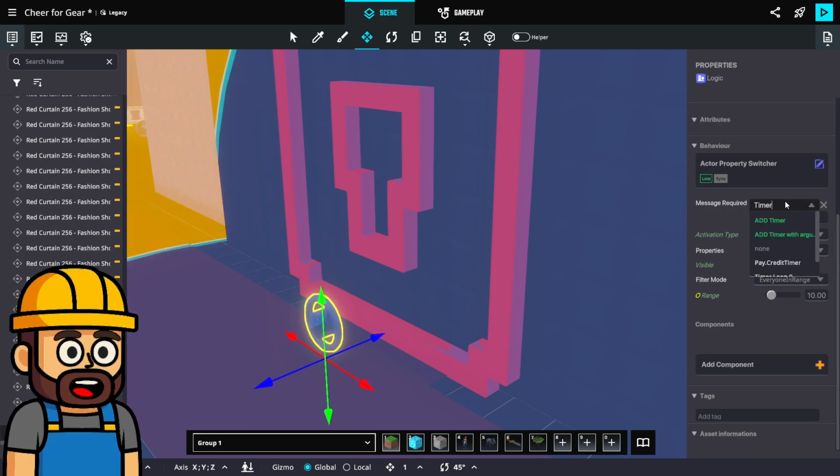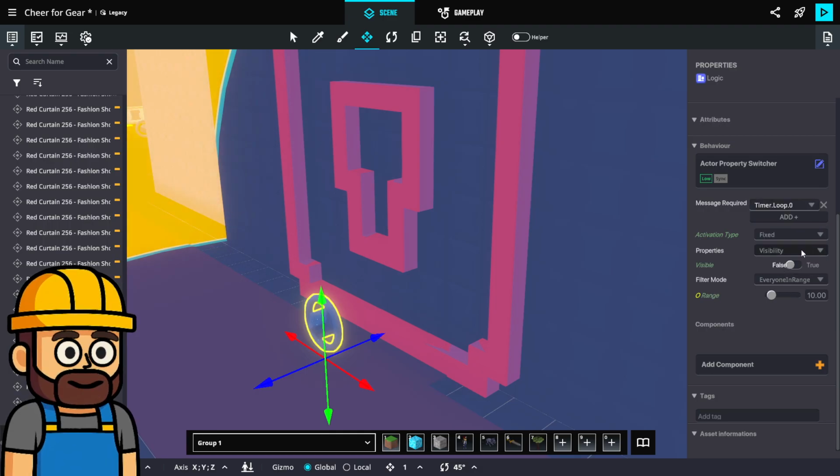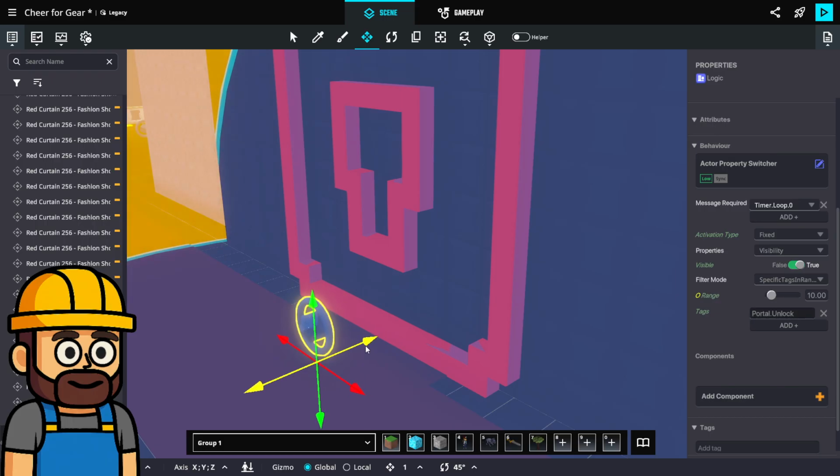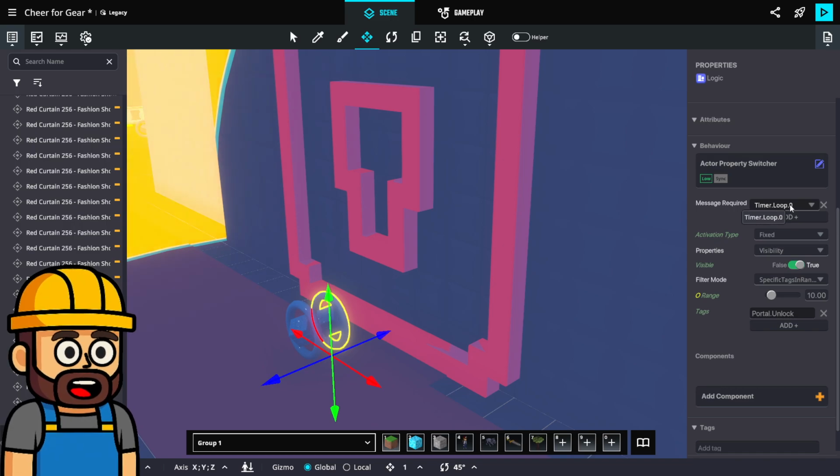So timer.loop.0 is going to make the unlocked one visible. And timer.loop.0 is going to make the portal.lock one invisible.